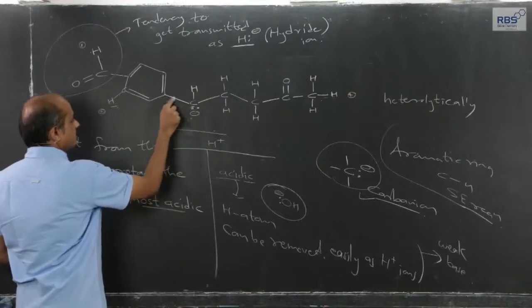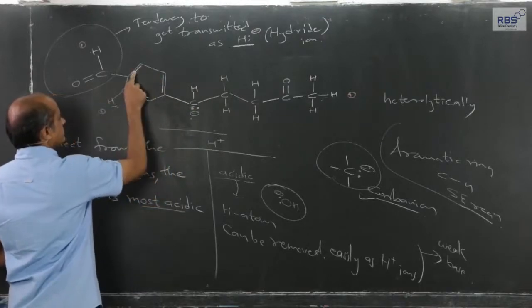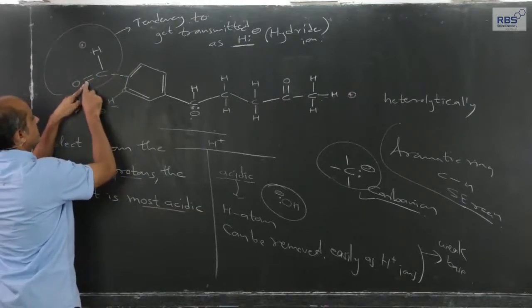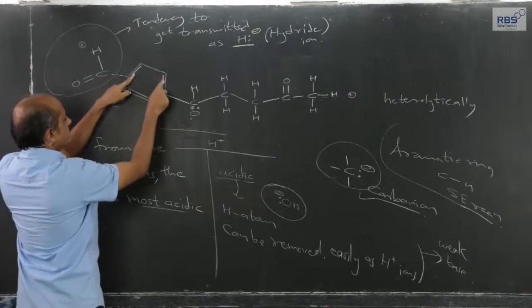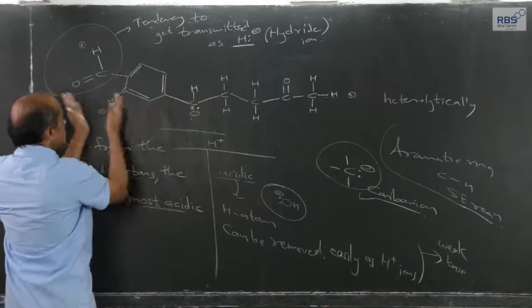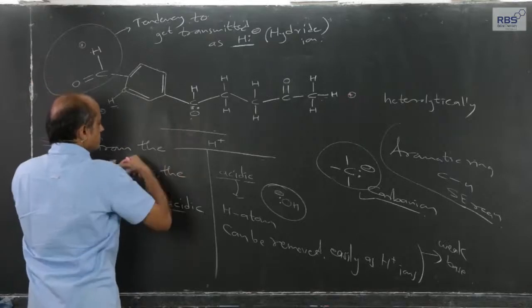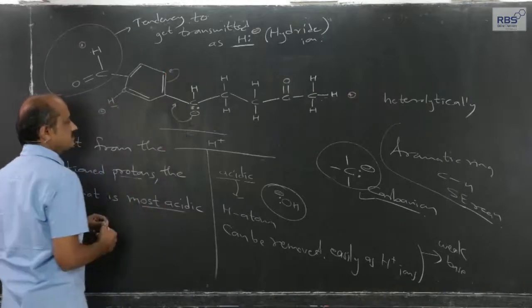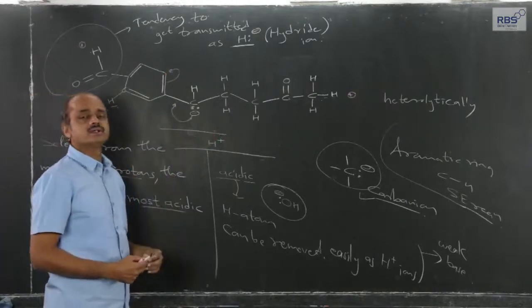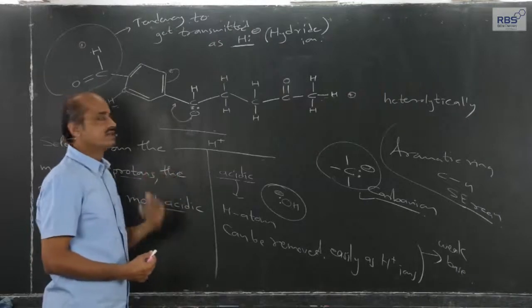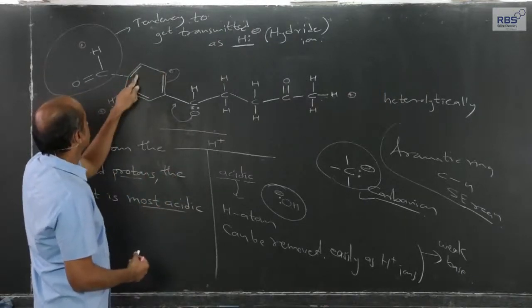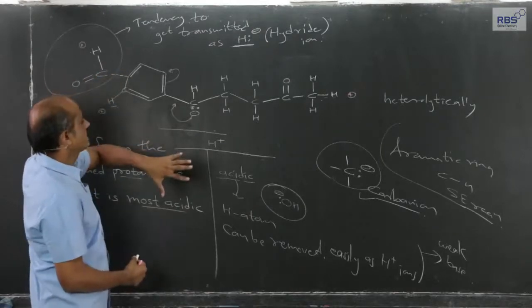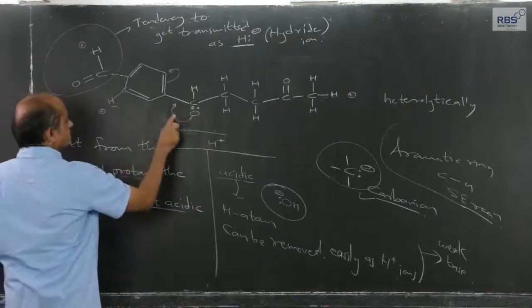Now, lone pair, sigma, pi, pi, sigma, pi, pi, sigma, pi. Let me repeat in reverse manner: pi, sigma bond, pi, pi bond, sigma, pi, pi, sigma, lone pair. So, because of this resonance, if this electron pair gets shifted here, this will get transmitted here. Since we have considered such examples earlier also, I will not show each and every step. Then this will get shared here, and this will get transmitted here. If I write it directly, the lone pair gets shared here.